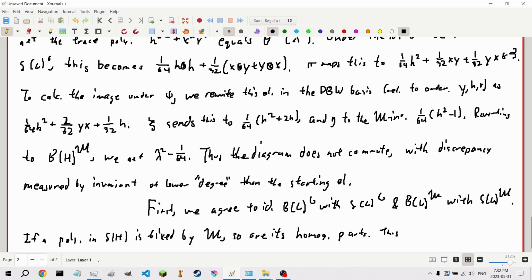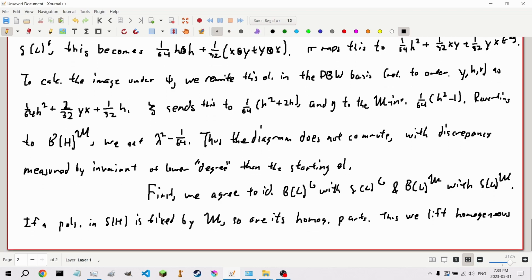Thus, we will lift homogeneous polynomials